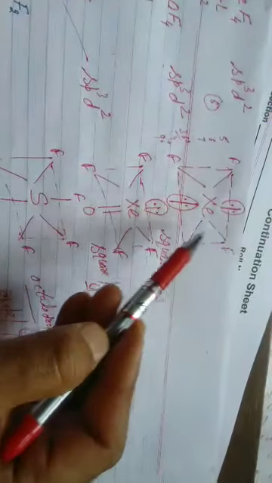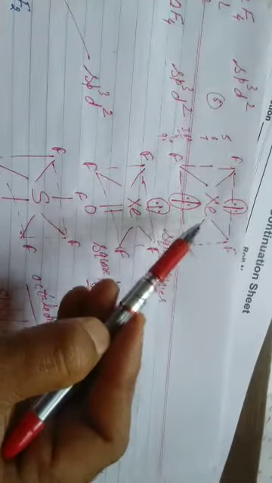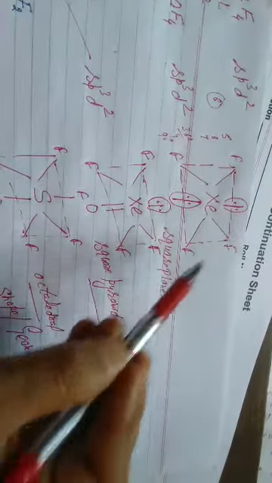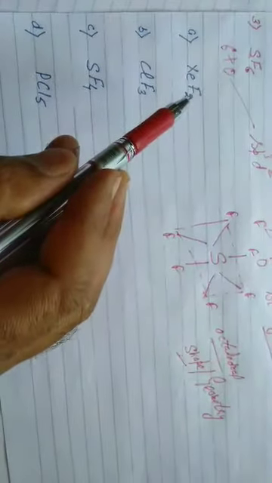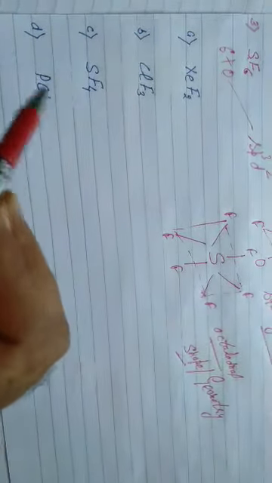Now what's the shape, students? That's the geometry we design at first, and then we give the name of the shape. Square planar. Only bond pairs included. You should know what's the difference between shape and geometry. After this we are going to study the shapes of these compounds, students: XeF2, ClF3, SF4, PCl5.